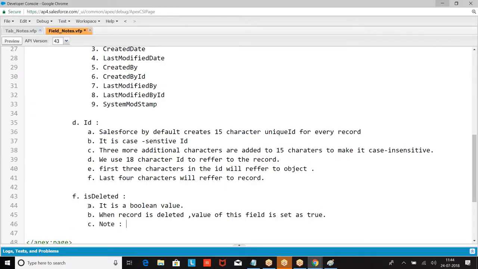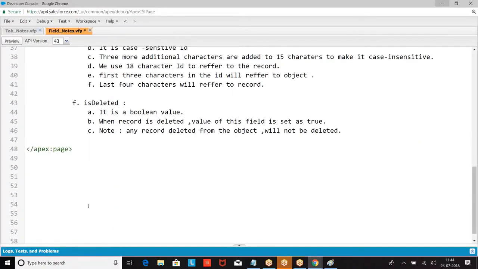Note, any record deleted from the object will not be deleted permanently.